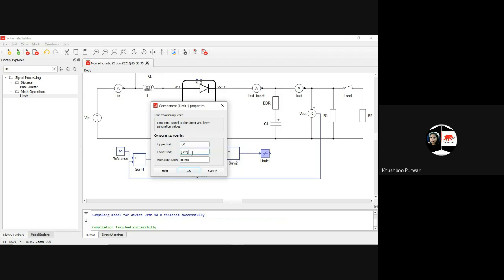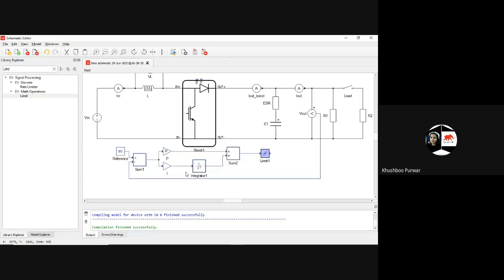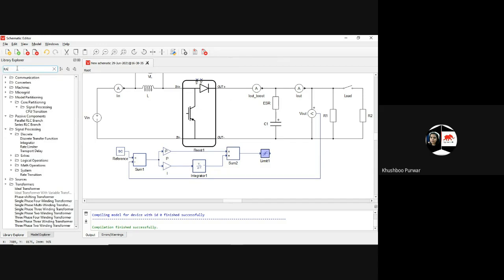Means instead of -infinity to +infinity, I am giving some values. So it is -1, 0. And execution rate will be inherent. Also, I will use the range shifter if there is some difference for the values, then range shifter can be used.